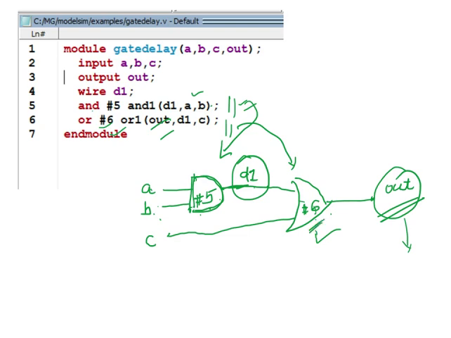So after 6 nanosecond, whatever changes at the AND gate and whatever changes on the C side can be reflected at the output of the OR gate. So this is #5 for this line, and #6 for this one. This is a gate delay of 5 nanosecond and a gate delay of 6 nanosecond.